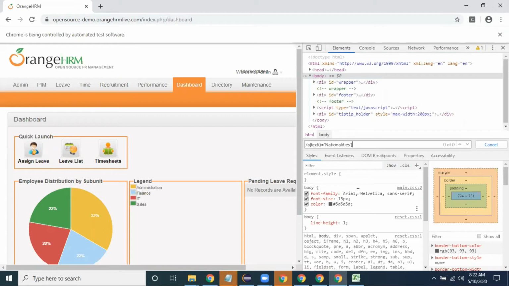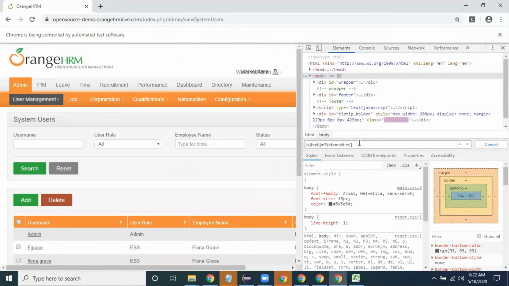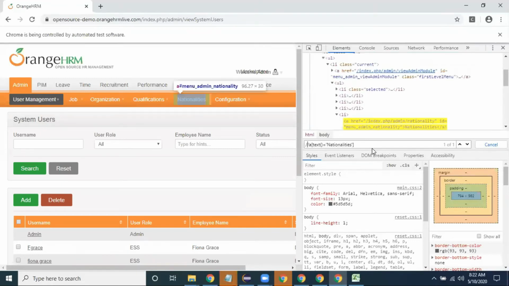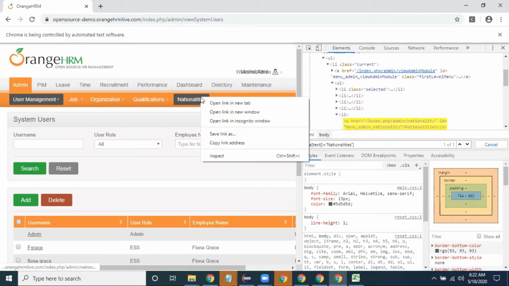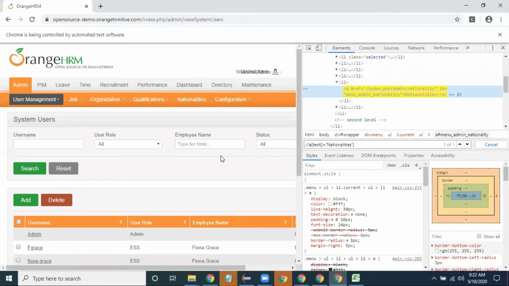After clicking on admin, for nationalities I need to give one more slash. Here I'm able to find my hyperlink by writing XPath like this: text of is equal to.